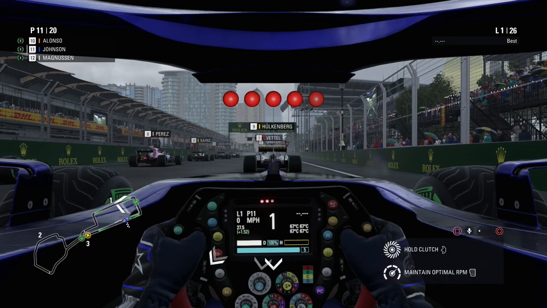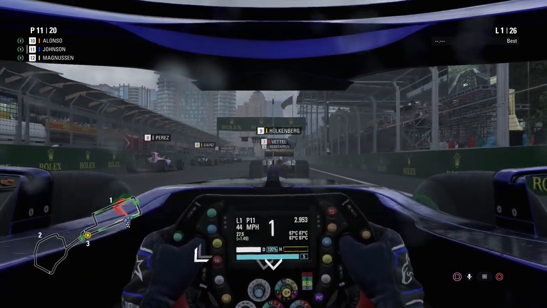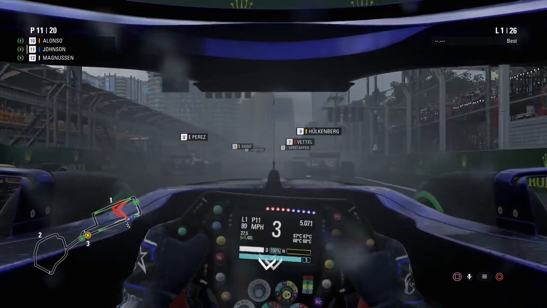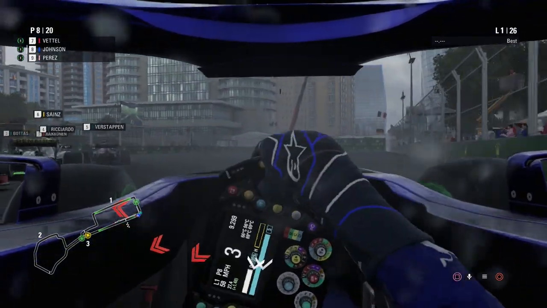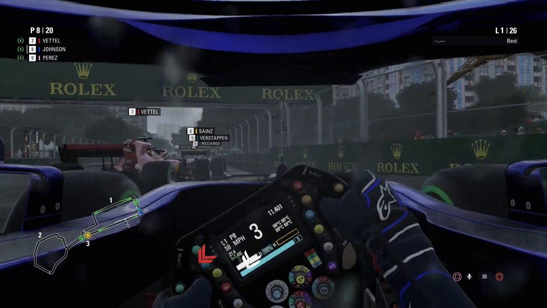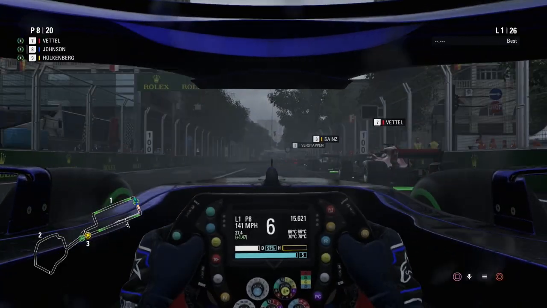Here we go. 5 lights. Come on. And cue the music. Away we go. Move over to the middle a little bit and be very careful into turn 1. In fact, let's go around the outside, because everyone's checking up into turn 1. Let's see if we can gain some positions here. Oh, yes. We've bagged our way up to 8th. Look at that. Just snuck around the outside of...